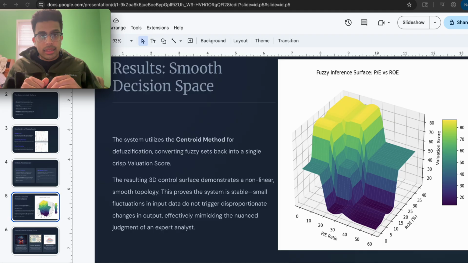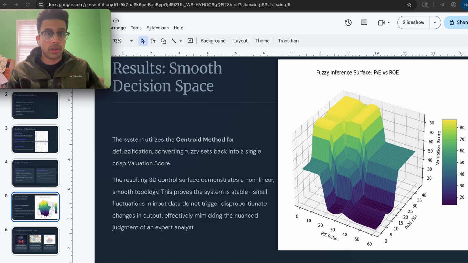And that is something that's beautiful. Instead of looking at a binary 0 to 1 on the PDE or a binary 0 to 1 on the ROE, I combine both of these and I make a single score. And both these KPIs take into account certain functions of how the stock would behave in the market. Like Google's return on equity is probably very high, even though their price to earnings is high. So from that more informed decision, we have a simple rule.